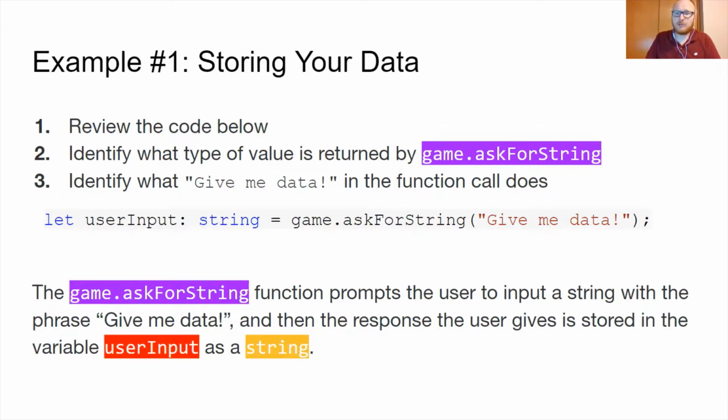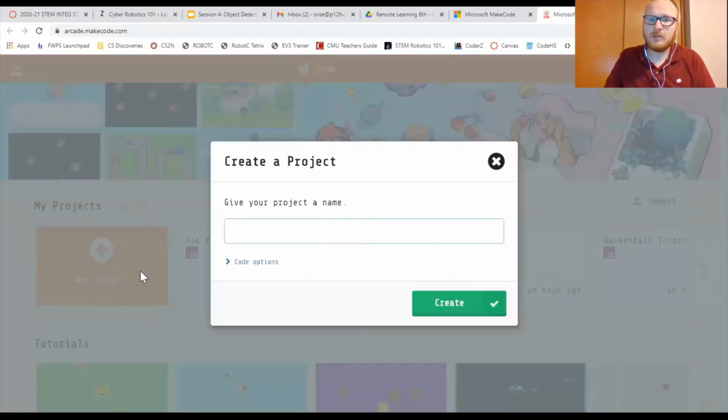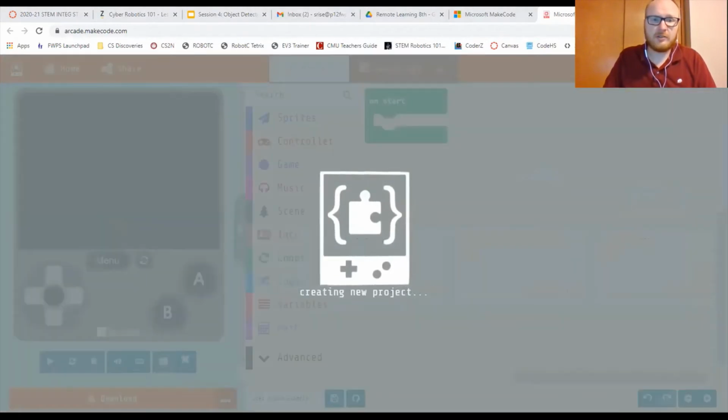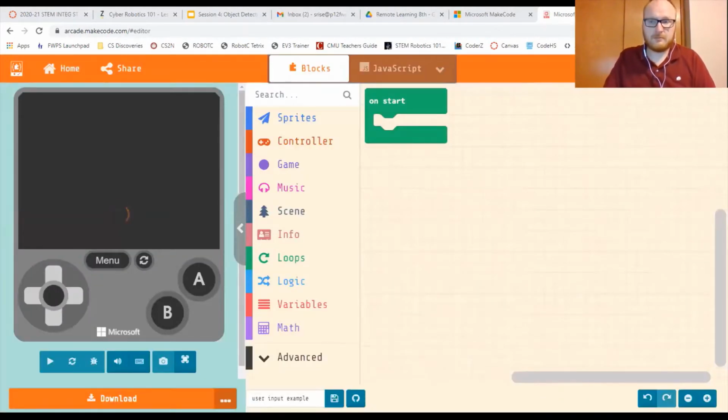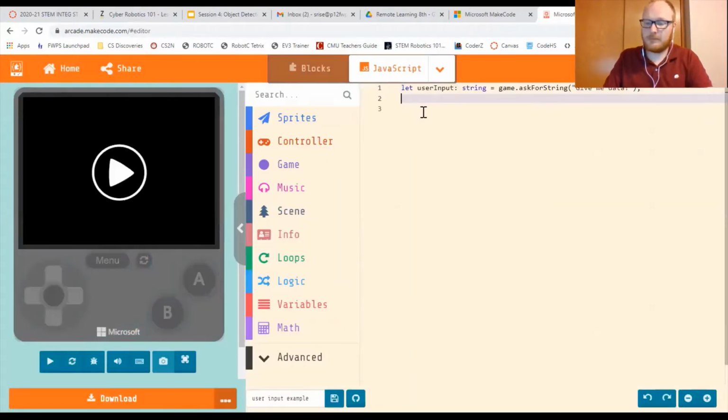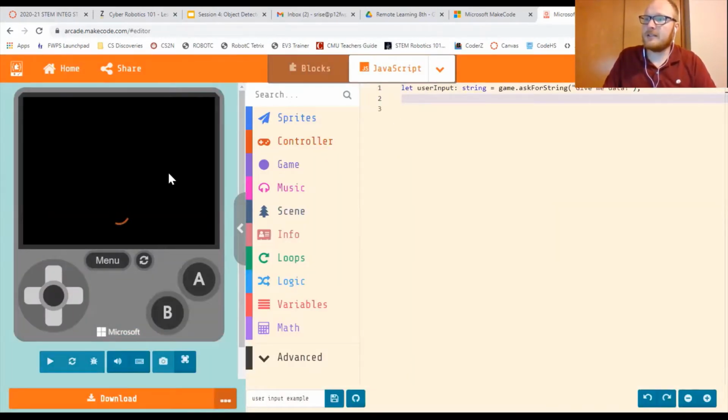I'm going to make a new program here. We're going to call it just user input example. Okay, creating a new project. I'm going to use JavaScript. I'm going to copy and paste that code, and you can see